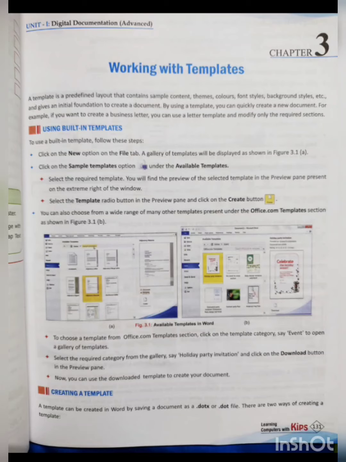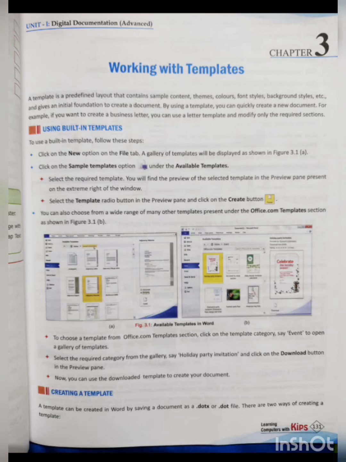Now you have to click on the sample templates option under the available templates. Whenever you click on the sample templates option, a list of built-in templates will be shown.